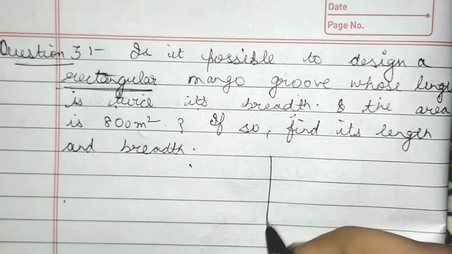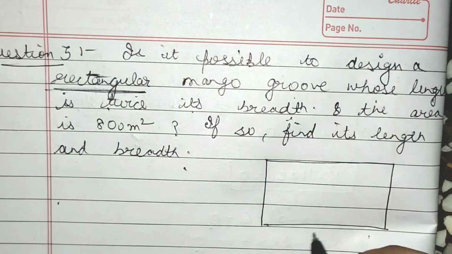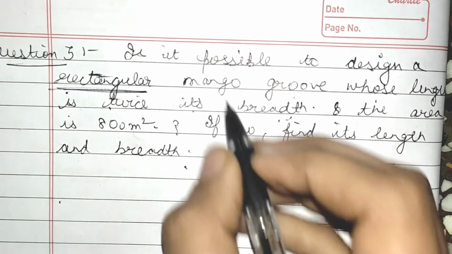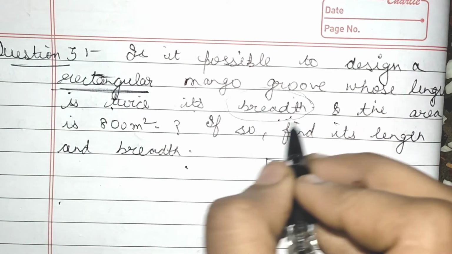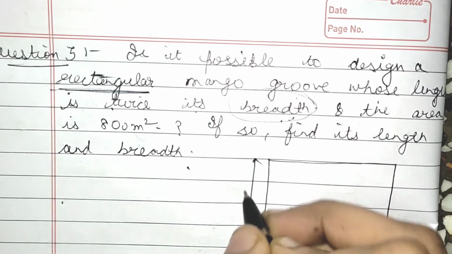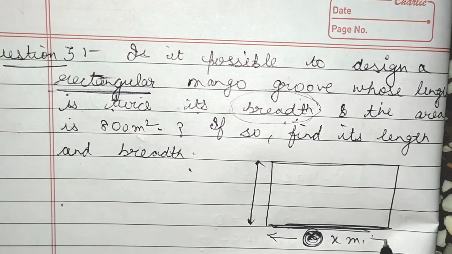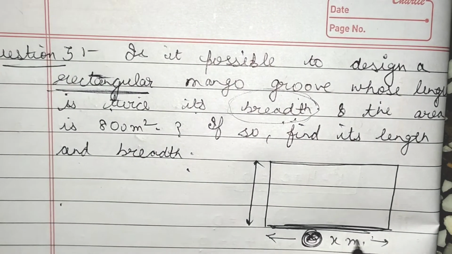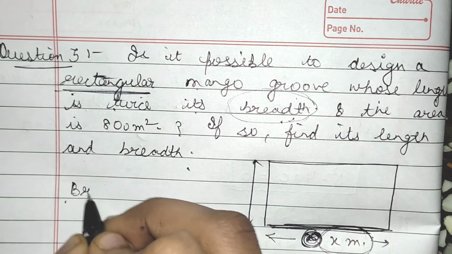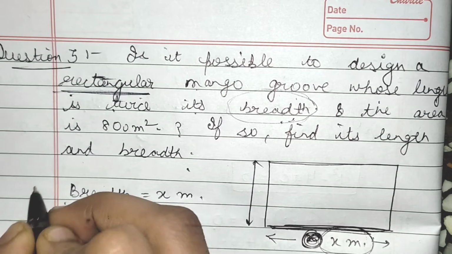So they have to design a rectangular park whose length is twice its breadth. Okay, so length is twice its breadth. Let's assume my breadth is x meter. So it is giving me that, let us assume that breadth is equal to x meter,